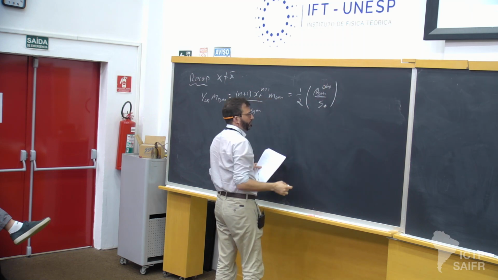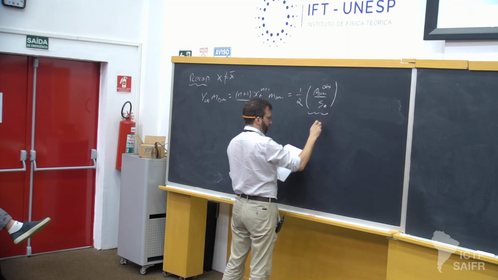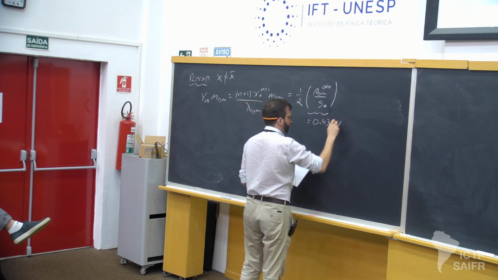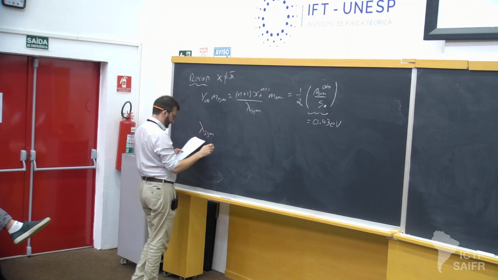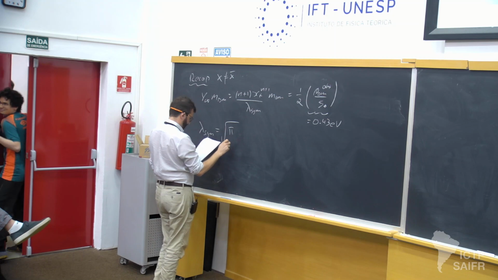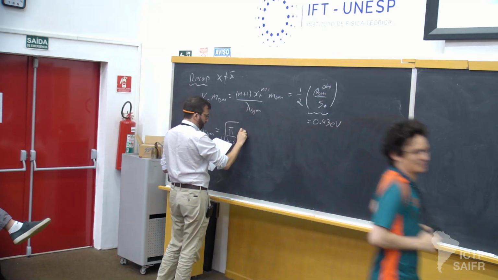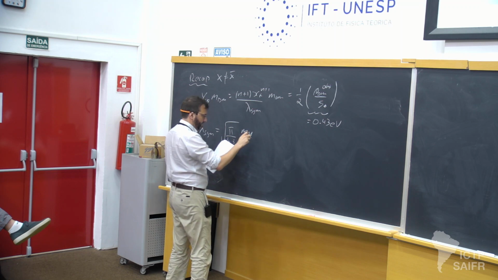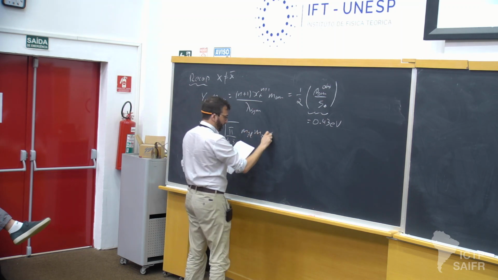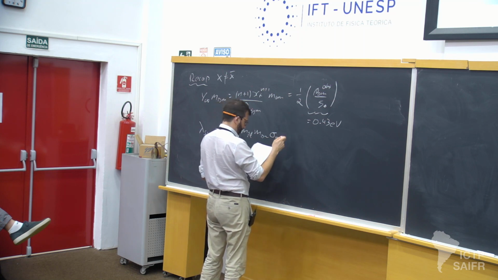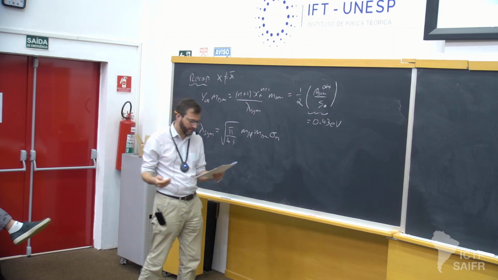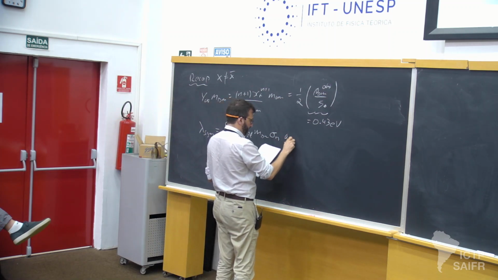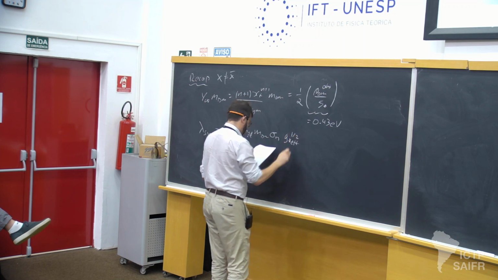the observed density over the entropy density today, and this factor is 0.43 electron volts. Okay? And this factor lambda has the Planck mass in there, the dark matter mass, sigma n, our approximate cross-section, thermally averaged cross-section with the temperature dependence factored out, and this factor G star effective. Okay?